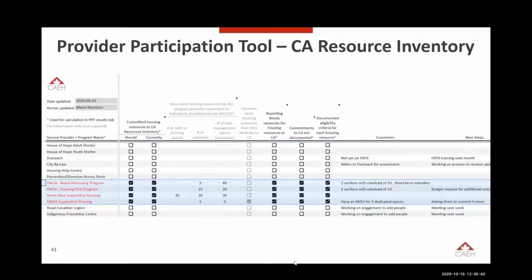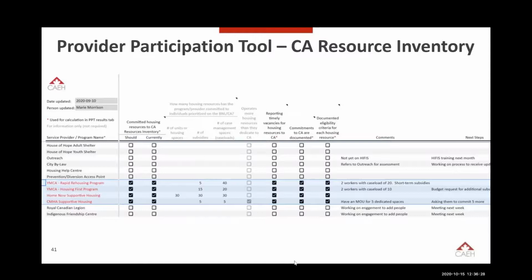And we can see here the Canadian Mental Health Association, who was an other service provider, as they're not specifically funded or have a primary mandate to end homelessness in this community, but they serve people experiencing homelessness and have dedicated 5 case management spaces and subsidies to be filled through the coordinated access process. Specifically for those who are experiencing homelessness, but who also have a mental health diagnosis. But you can see there that they've checked off that they actually have more resources than they're dedicating to coordinated access right now. So one of the next steps for this community, which was maybe a pilot, is to go back and request a dedication of further spaces.